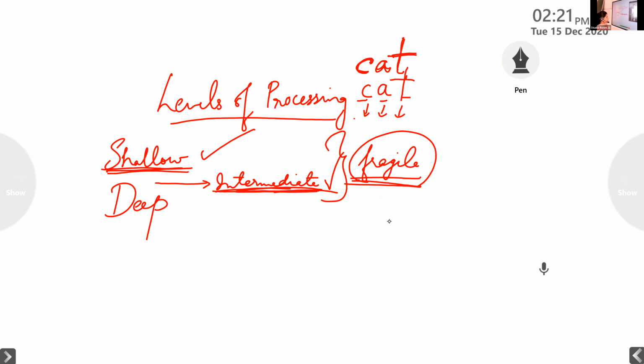Okay, this is another theory of human memory, which is levels of processing. The earlier one was the stage model. This is levels of processing by Craik and Lockhart. In shallow levels, we process information for the basic structures. At the intermediate level, we form certain phonetic sounds of the basic structures that you have seen. We associate the structures with the sounds and then process information. We form memories for the shallow and intermediate levels of processing, but they are fragile in nature. They'll get decayed easily. Also, they'll get lost easily.